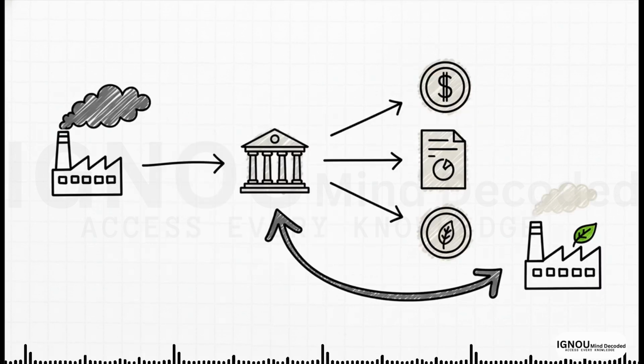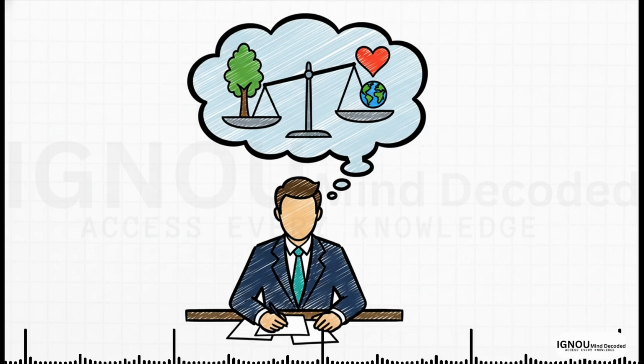Key idea number 3. To fix these market failures, governments need to step in. They use policy tools like taxes and tradable permit systems to make polluters pay for the true environmental cost of what they do. And finally, key idea number 4. We have to find ways to value our environmental goods. To make smart decisions, we have to consider everything, from the resources we use directly to the simple value of knowing that nature exists. It's essential for making better policies.